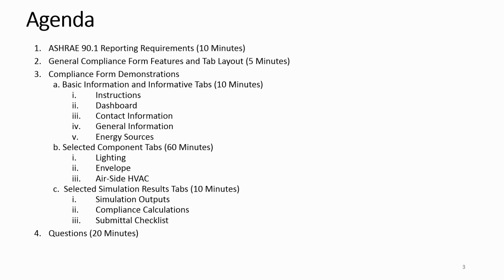tabs where contact information and general information about the project is entered, such as project location, building type, and so forth. A tab where you enter different energy types used in the project. And then she'll go over some of the key data input tabs where you would enter information about lighting systems, envelope, and airside HVAC. And then towards the end, we'll demonstrate how simulation results are captured in the compliance form,